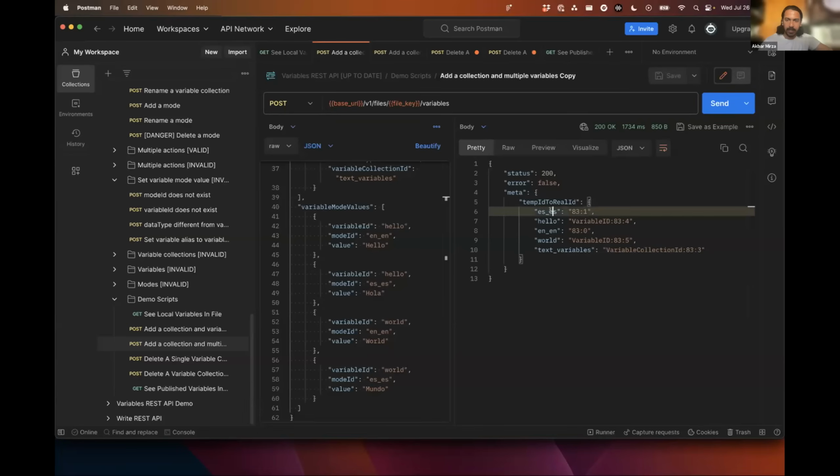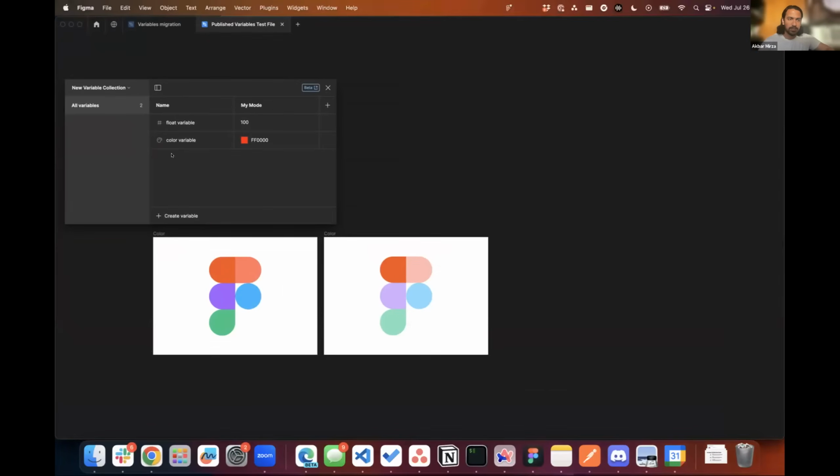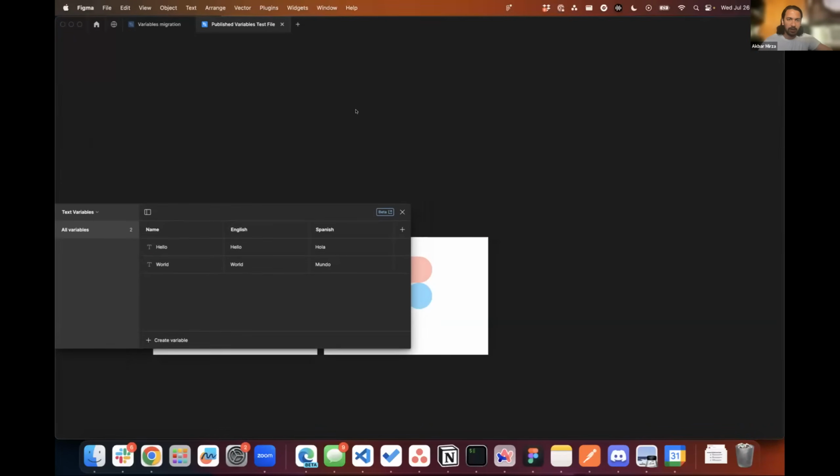I'm getting these IDs over here that are useful for automation. So it allows you to chain different commands together if you're creating a script. And when I'm here, if I go to my text variables, now I see all the variables that are here, hello world, in English and in Spanish. So you can see a little bit of the power in these really simple examples of what you can do